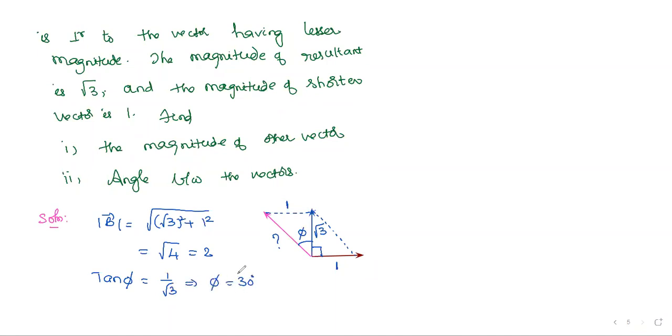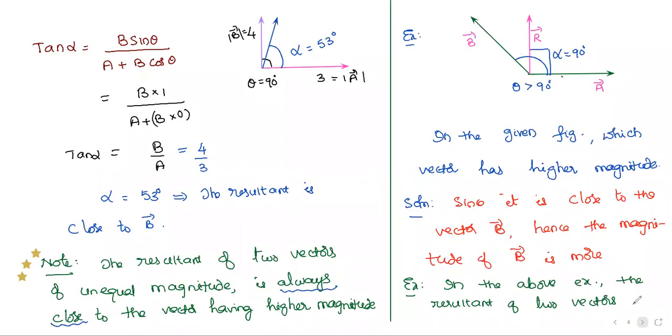I think this is not the answer. 30 degrees, and the majority here posted 30 degrees. 120. Yes, he is asking the angle between the two vectors. 30 plus 90, exactly. Then theta is equal to this 30 degrees phi plus 90, that is 120 degrees. The angle between the two vectors is 120 degrees. This kind of question they will ask related to this concept.